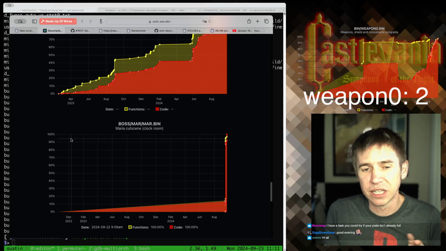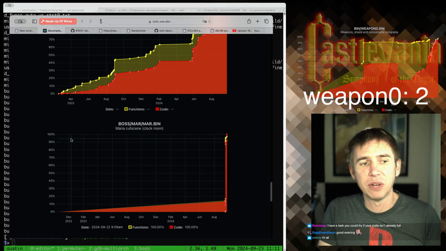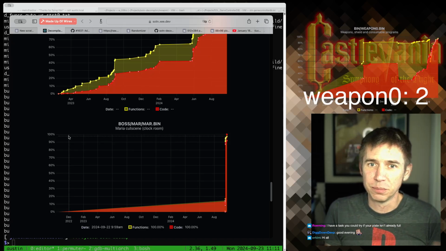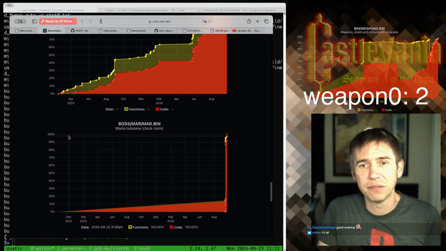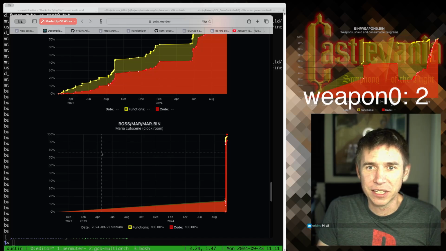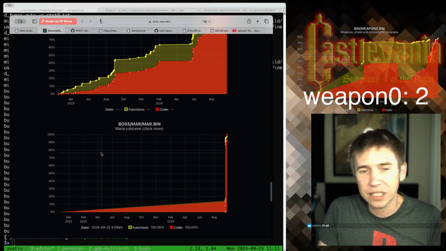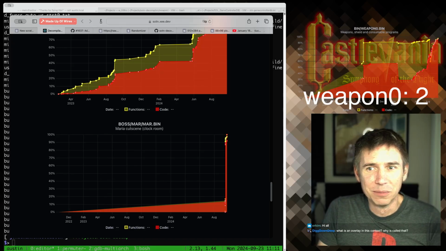Most of the overlays have a lot of duplicate code because they're replacing other overlays at their same offsets in memory and need to provide all the same functions when they use that same behavior. So there was a good amount of the code that was duplicated and just needed to be done. And then the last two functions in that overlay were finished over the weekend. So that's super cool, the fact that a new overlay can come in and within a week we can get it done. The Maria Boss overlay